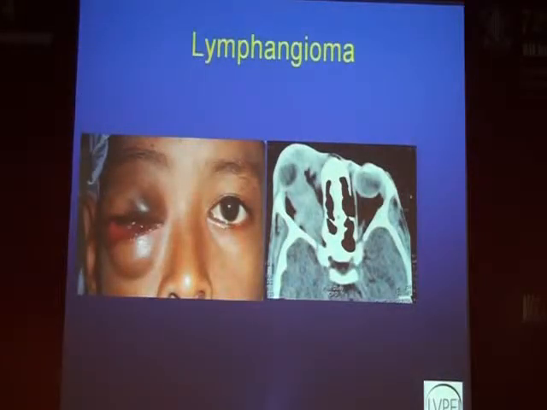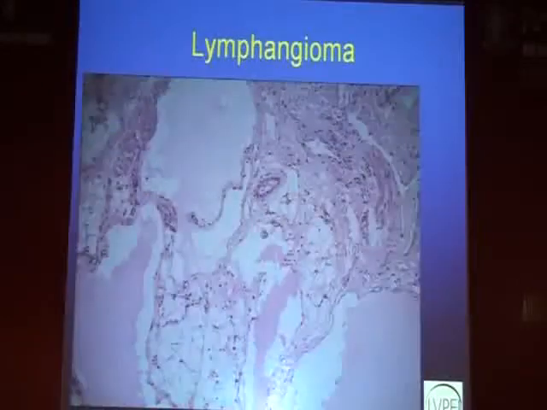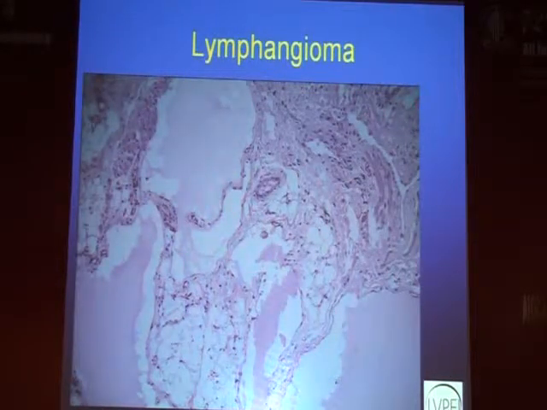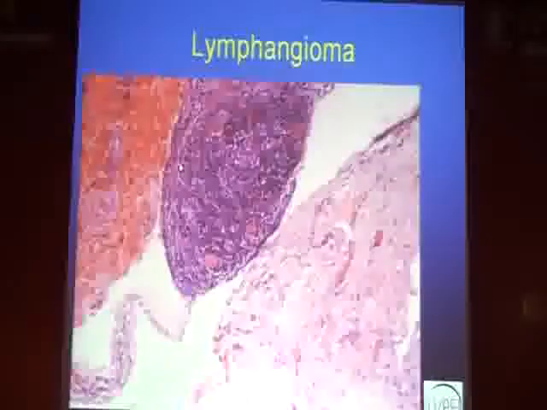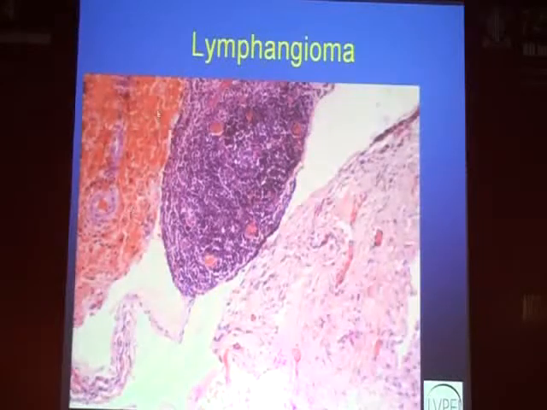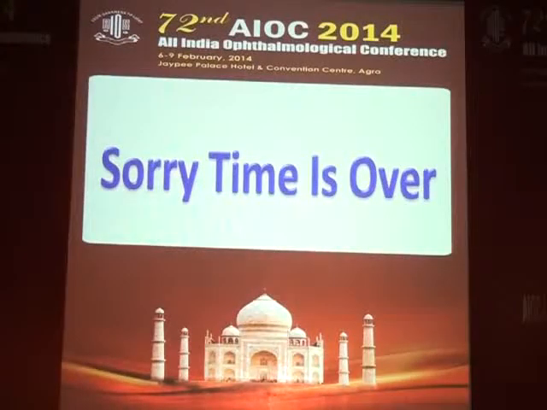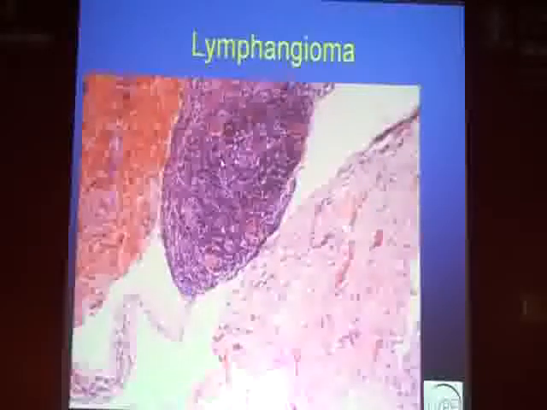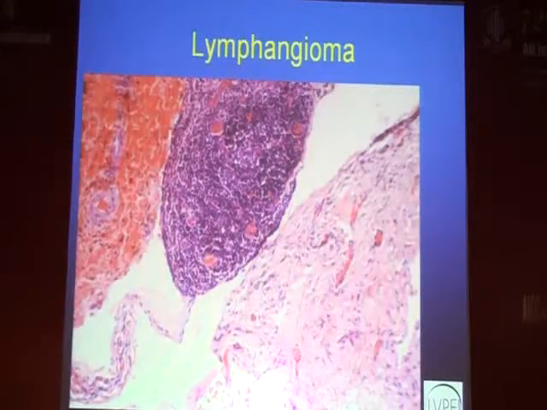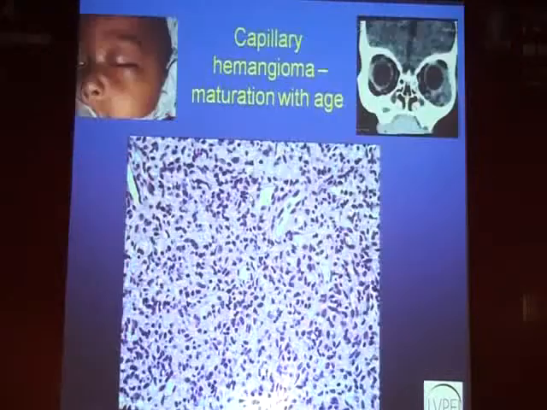Lymphangioma is a common vasculogenic tumor, and histopathologically they are characterized by large, dilated, ectatic vascular spaces with straw-colored clear fluid. But the challenge is when they have large hemorrhages in them, there will be a lot of spaces filled with blood. The clue which helps us is these lymphoid cells. When we see these lymphoid aggregates, then we know that it is a lymphangioma.